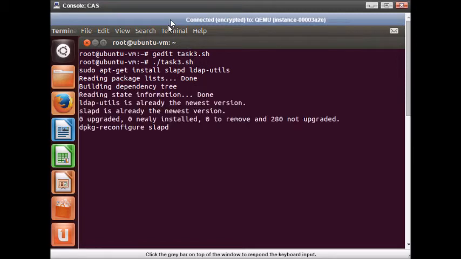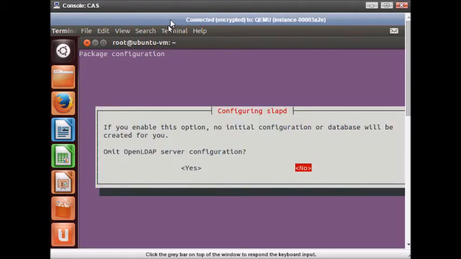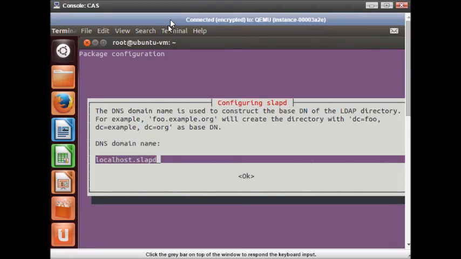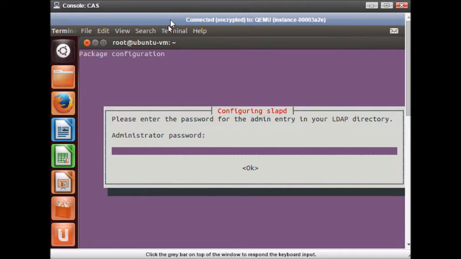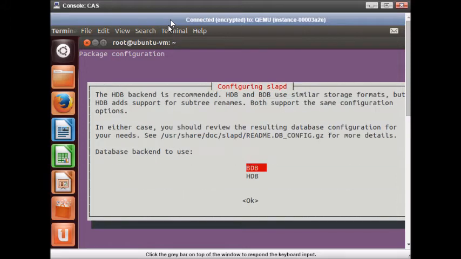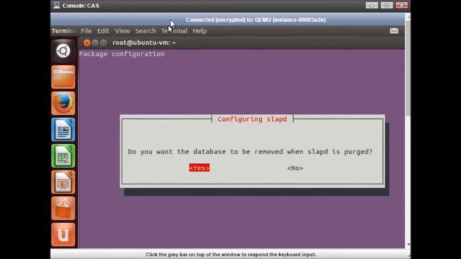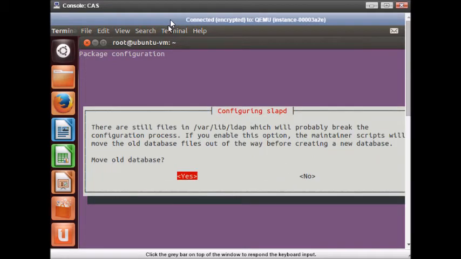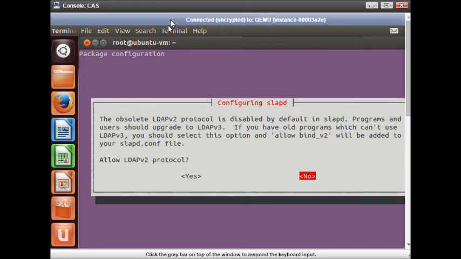So LDAP is installed. Now it is reconfiguring. We give a strong password for the administrator. We can give any database. Yes. Move all data.